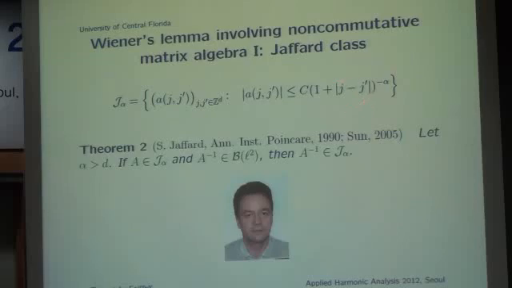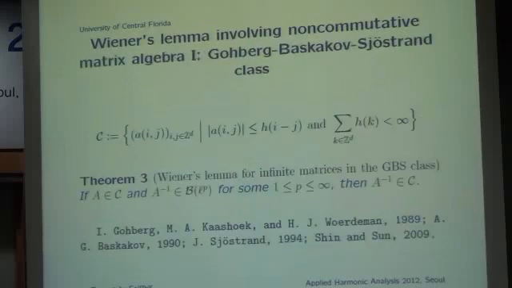It says that if the matrix is in Jaffard's class and is invertible, that means it has a bounded inverse in L2, then its inverse is also in Jaffard's class. In some way, its inverse also has polynomial decay. So this is the second type of